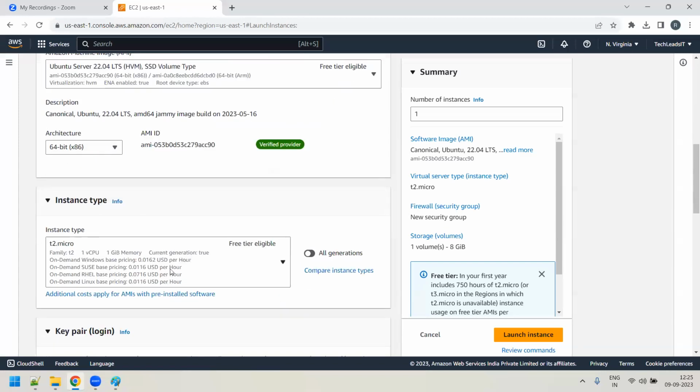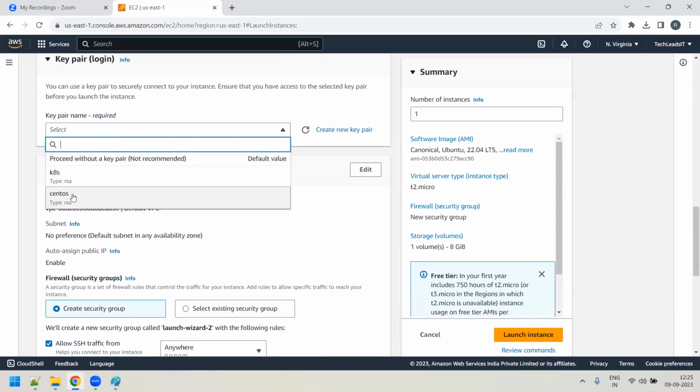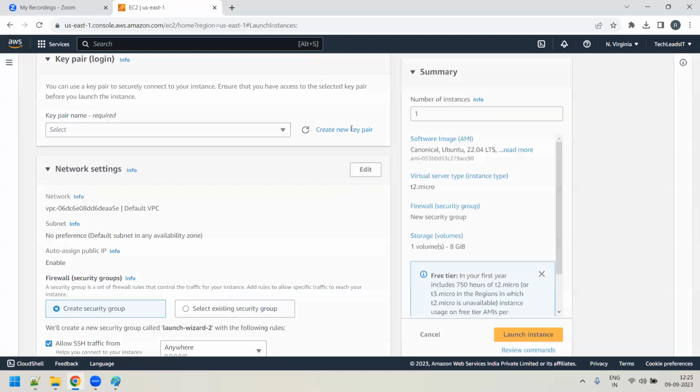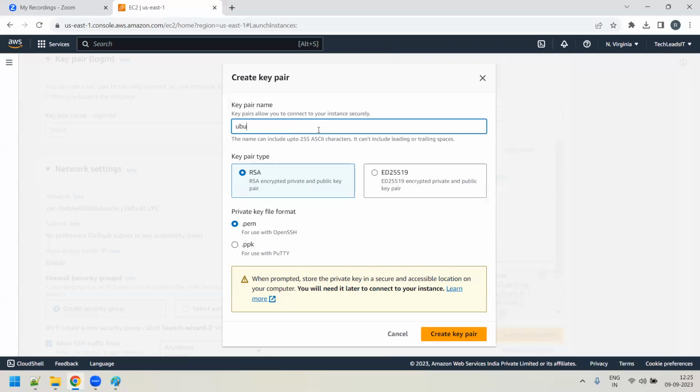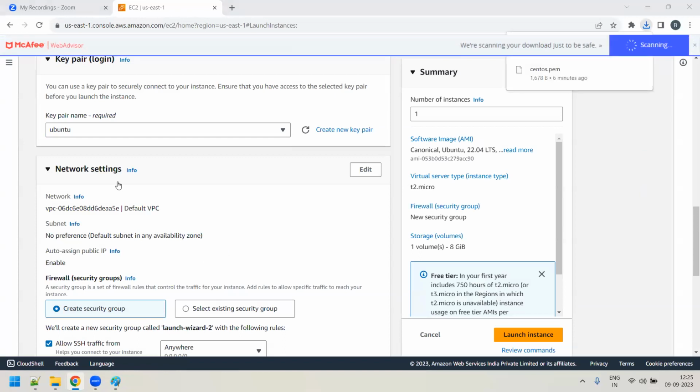So selected it, and you can make everything work under t2.micro. That is fine, because I am still under free trial, right? So free trial eligible. This is fine. And go and select the key. Either you can create a key, or you can use an existing key. Okay, let me go with creating a new key. I'll give Ubuntu as the key name. UBUNTU. Yeah. And I will select the PEM format. Let me create the key. So you have created Ubuntu as a key.